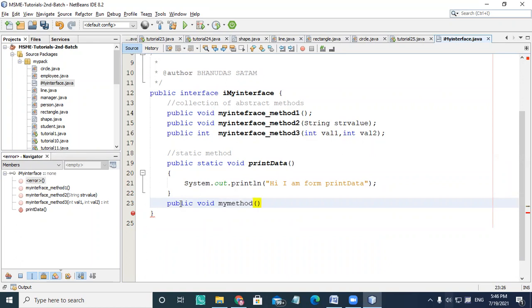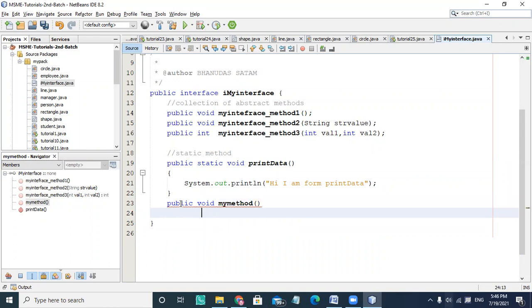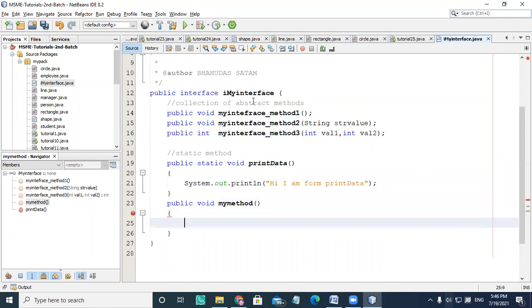It is different than the my interface method. And here I'm writing a System.out.println from a default my method.